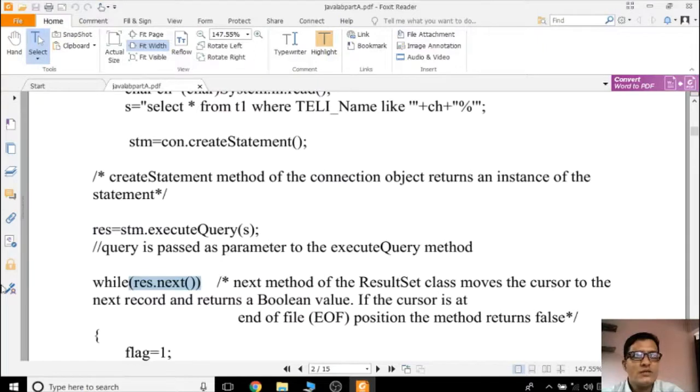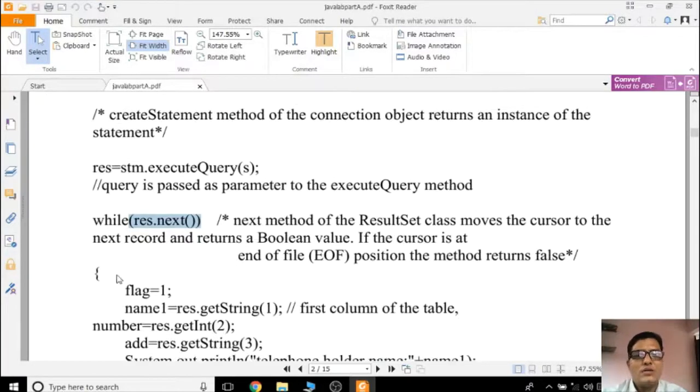Okay, yes. Now if the record is found, automatically I'm setting the flag value as 1. Now please observe here, name1. name1 is your string variable. result.getString: the getString method means the first column of the table. If you are passing getString(1), it means the first column. What is your first column in your table? It is tele name. Okay, whatever name exists in the first column will be stored in